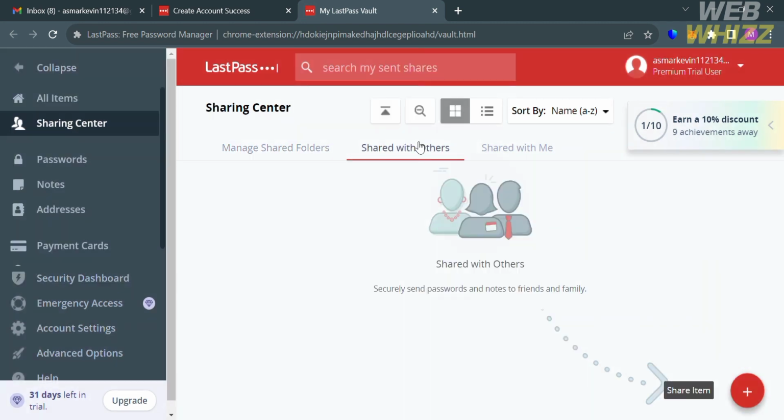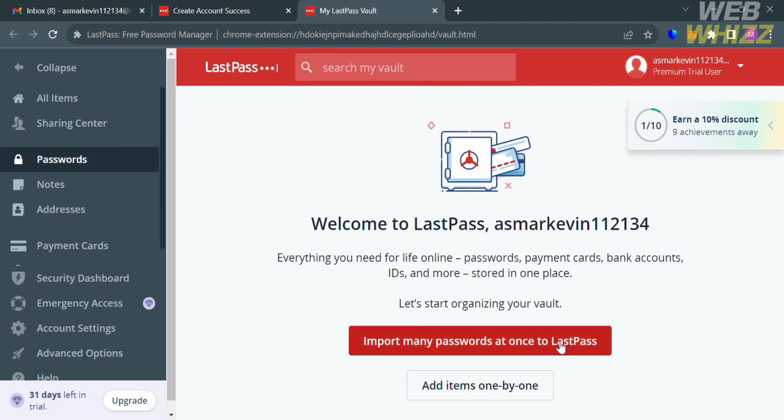And if you now have an upgraded account, you can have access to Share with Others, Share with Me, and Manage Shared Folders, which is very helpful to allow users to share passwords, folders, and other sensitive information with other LastPass users. And aside from that, you can even navigate the Passwords option on the left side panel,